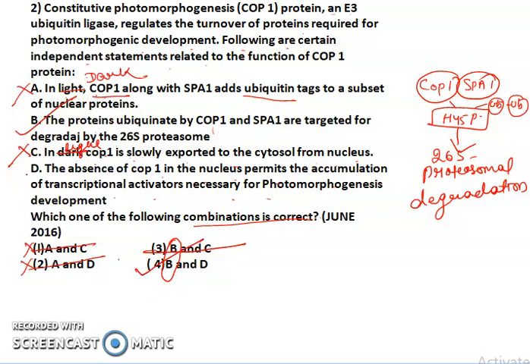Still we will be dealing with this fourth option. The absence of COP1 in the nucleus permits the accumulation of transcriptional activators necessary for photomorphogenesis development. This statement tells that if we don't have COP1 in the nucleus, it will allow the transcription factor for photomorphogenesis to take place, and it is the correct option. By this, we have completed our 2 questions with one concept of